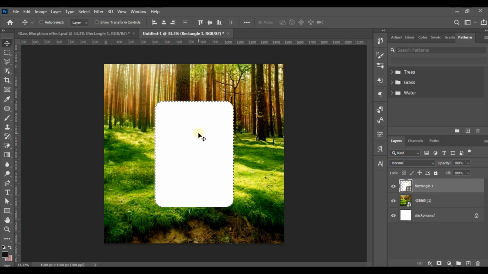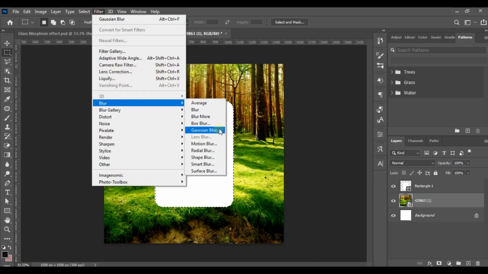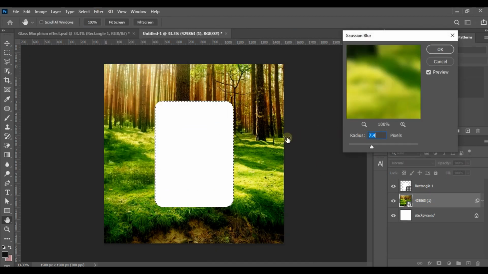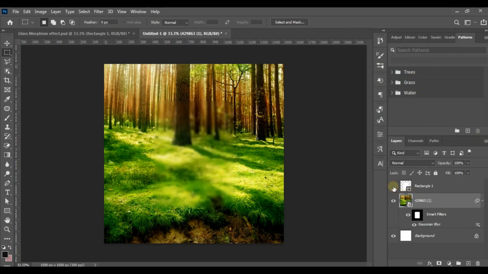it brings out my selection tool, and bringing out the selection tool, I come to my image here, and I go to the filter. I go to blur, the Gaussian blur. Once I do that, I could just work with this radius, and I click on it. So if you can see it now, if I close the eye of this one, you see that this area